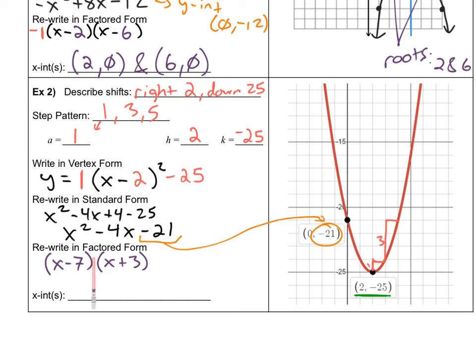Now the opposites will build our x-intercepts. What's the opposite of 7? Negative 7. Positive 7. Remember, it's also what makes these equal 0. That's another way to think about it. So positive 7 makes that go to 0. So one x-intercept is (7, 0). And the other one is